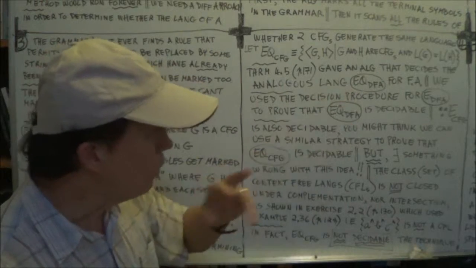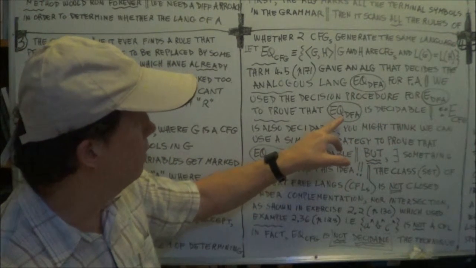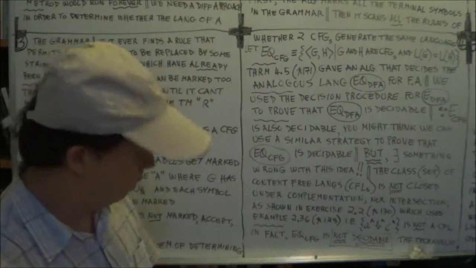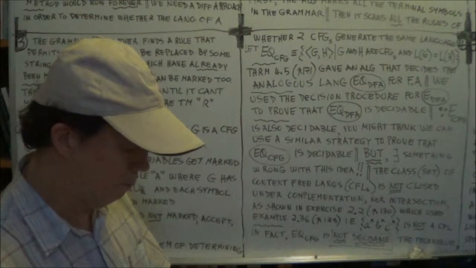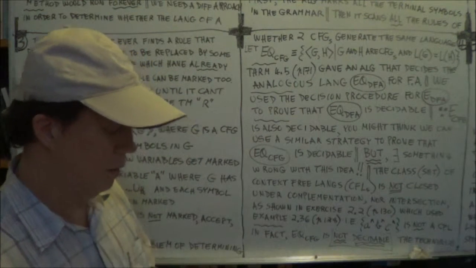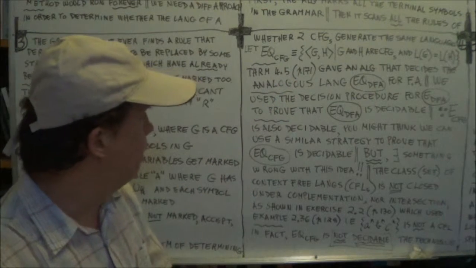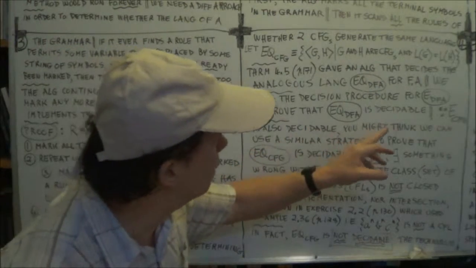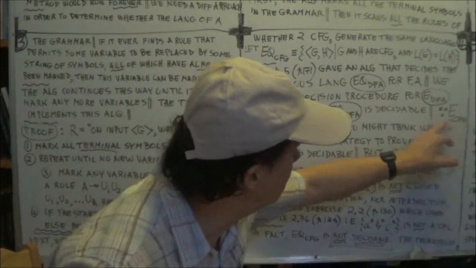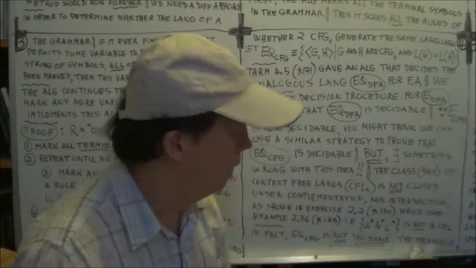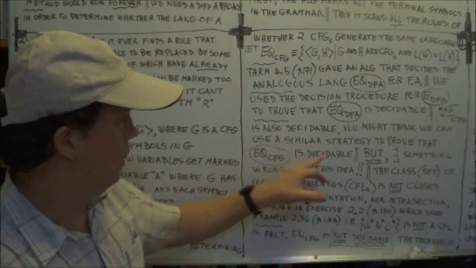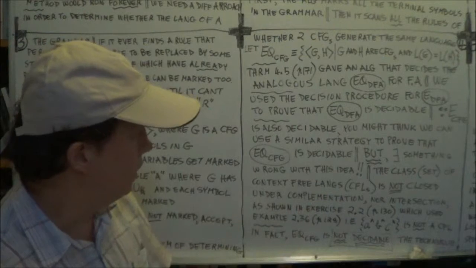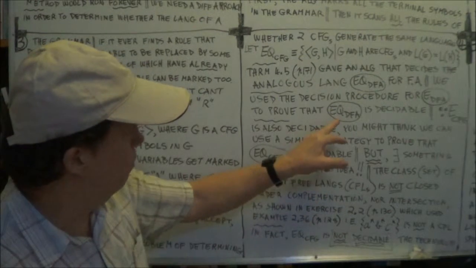If you're a bit rusty, go back to how you proved this one. I think that's Theorem 4.5: EQ subscript DFA is decidable, on page 171. So use a symmetric difference strategy using what we've just proved, the previous theorem, and see if we can prove this. But there's a catch. There's something wrong with this idea, and that is, to prove this,